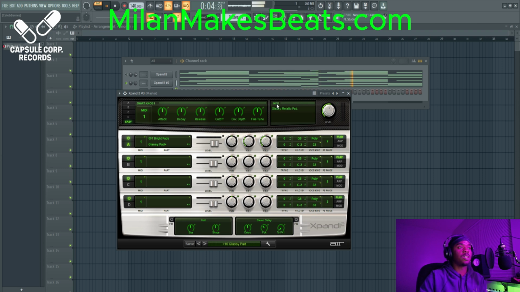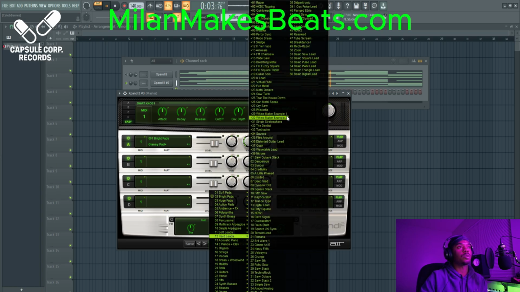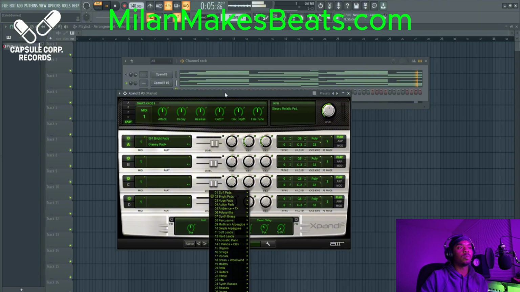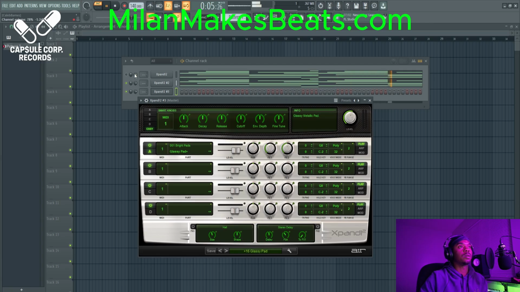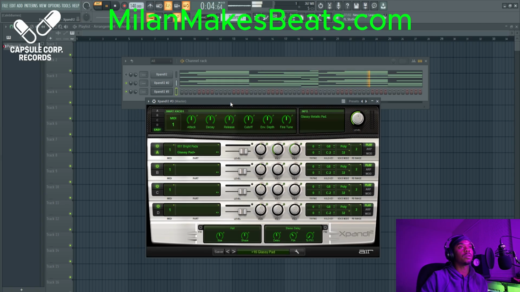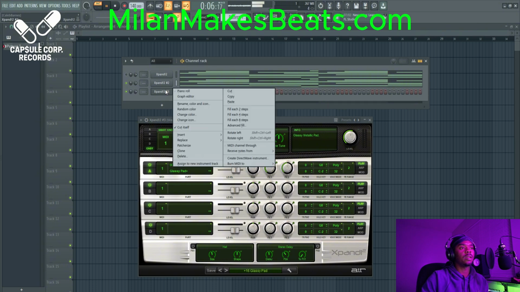And pretty much all the sounds that I use are stock or presets, and I just kind of mess with them. I've never put banks in any type of VST. I plan to do that because I have a more advanced computer now, but I've never done that, so it's going to be kind of interesting to add some banks into different VSTs too. That would be pretty cool. Let's add